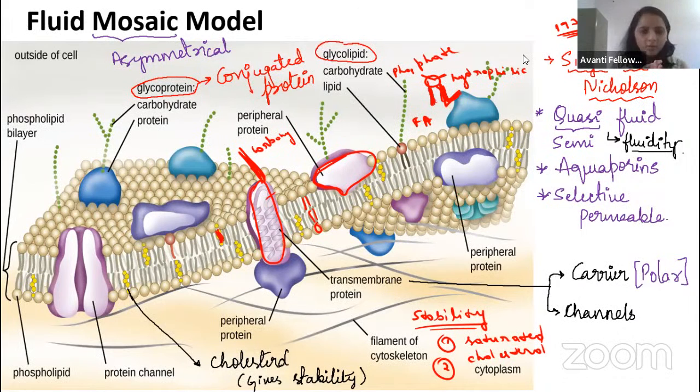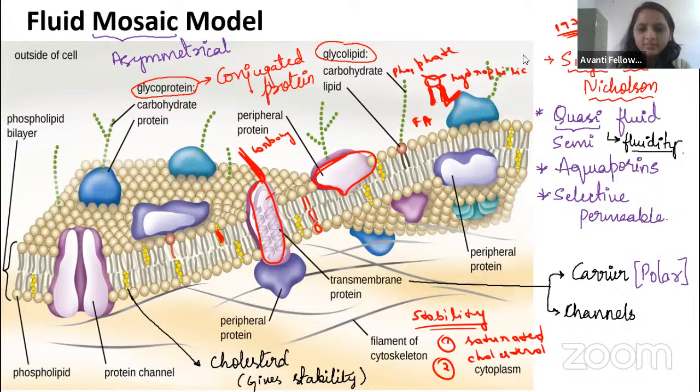So see here. Now you learned about the carrier proteins, right? For example, some molecules are water soluble, which love water. Those molecules cannot pass through the plasma membrane, right? These are the hydrophilic molecules. For the transport, we have the integral proteins that may act as a carrier or as a channel. That will take the water soluble molecules from the outside to the inside of the cytosol, the cytoplasm. That is the main work of the integral protein.